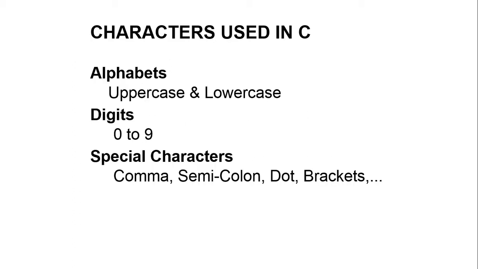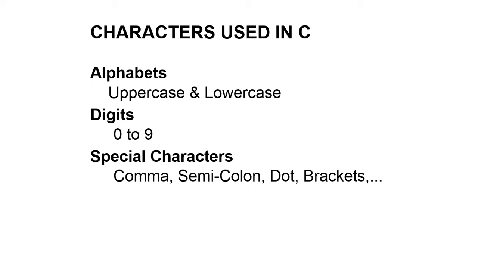This may be the alphabet. So why do we use the character set in a C program? Actually, we use the character set in C program to write a program. The program may be written with capital letters, uppercase or lowercase, or I can declare any value of a variable. It may be a digit and special characters, comma, semicolon, open and close parenthesis, and open bracket, close bracket.